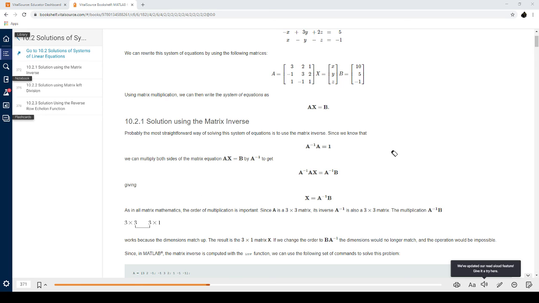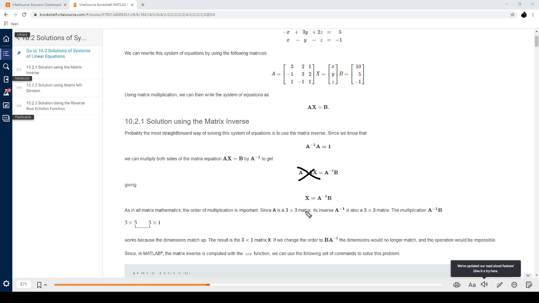So it says if we multiply both sides of the matrix equation, AX is equal to B, by A inverse, right? So you have A inverse times A of X is equal to A inverse of B. And so, by doing that, you end up getting rid of both of the A's and you leave 1 here. X is equal to A inverse times B. And then it says, since A is a 3 by 3 matrix, its inverse is also a 3 by 3 matrix. And it says the multiplication of A inverse times B, which is the reason why it has to be a column matrix,